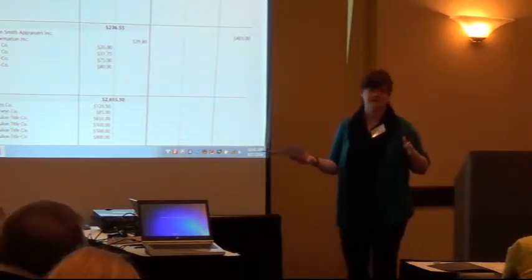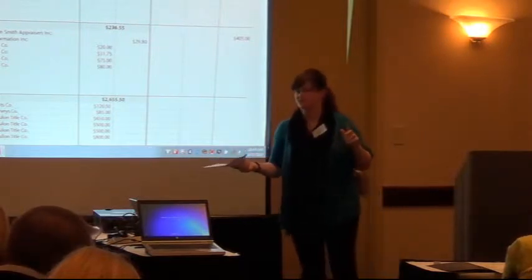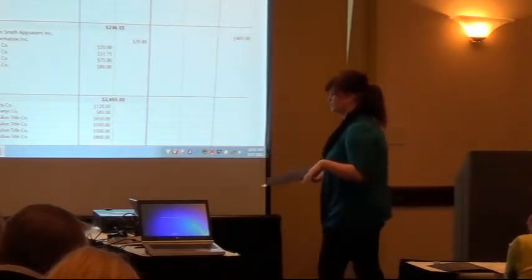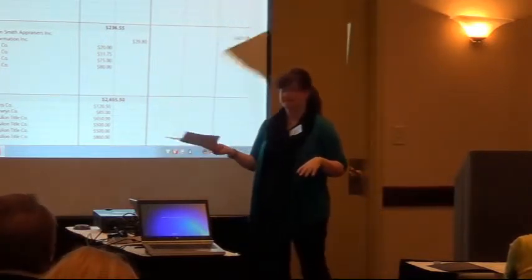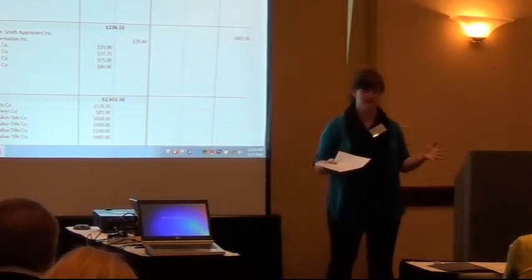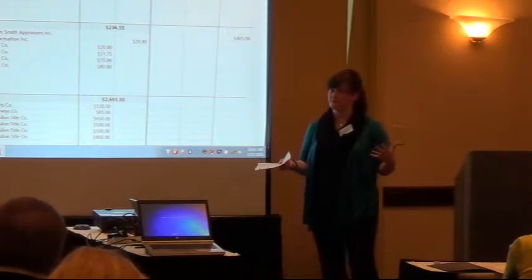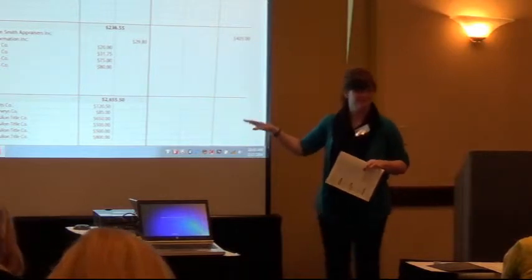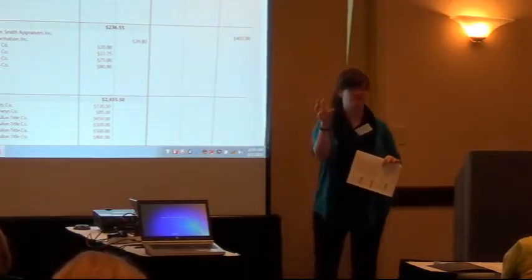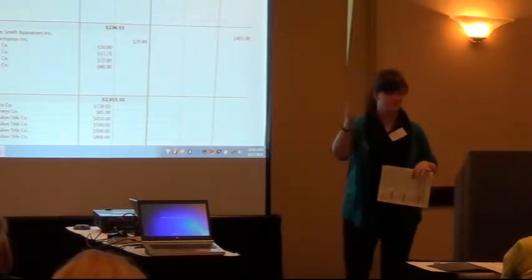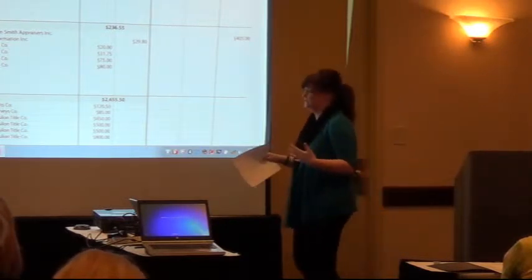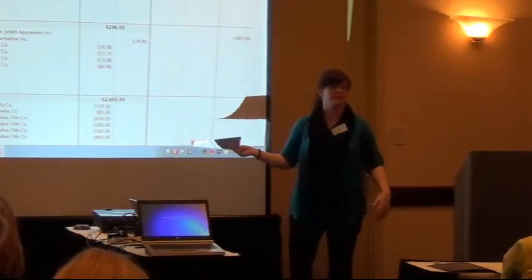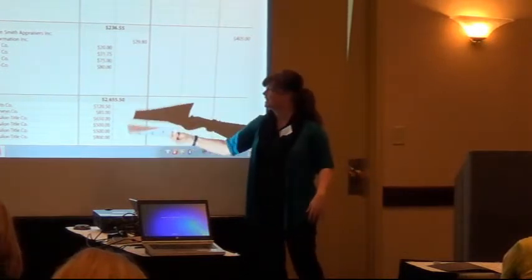So anything associated with title, whether it be a settlement agent fee, a title search, a commitment, a binder, a CPL, anything like that, lender's or owner's policy, all has to start with the word title. So you can see everything's alphabetized. It is very easy for a consumer to look and find something due to the alphabetizing. It's not my vote, but definitely easy. We kind of go back to pre-2010, right? Itemization. No more roll-ups, no more looking like you're charging one giant fee for something when you're not, because it's really 7 fees rolled up into one. So to me, at least, and also in all the testing, the consumer preferred this. It said it was a lot easier to see what they were paying for and how much they were paying for it. So we get to go back to itemizing fees.